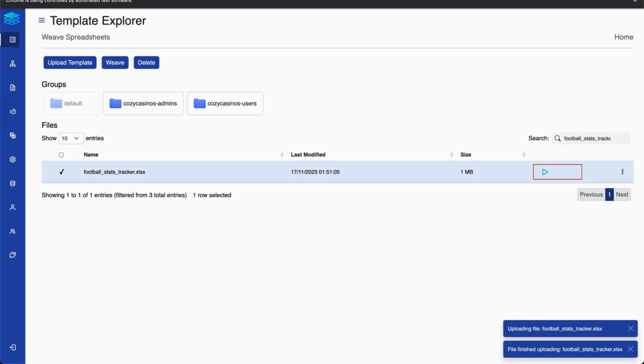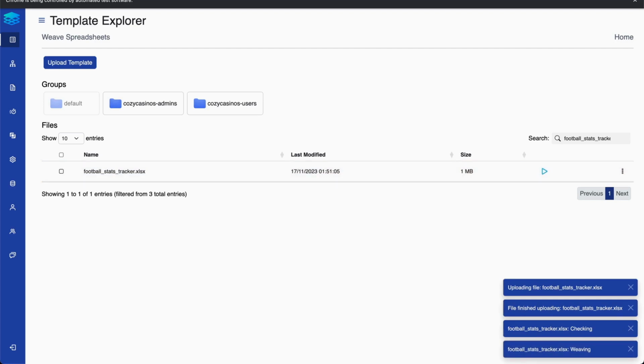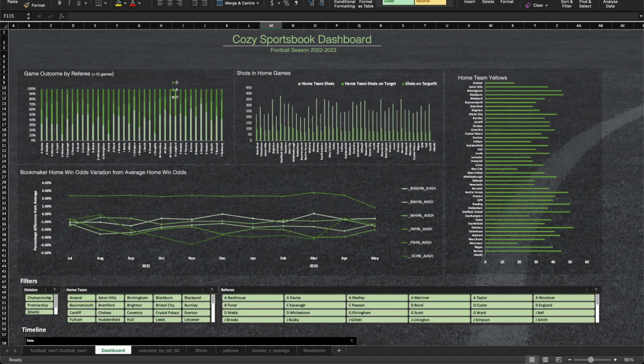Sheetloom gets the latest data from the CSV and copies it into a new sheet based on the template. The spreadsheet has been automatically populated and updated with the football data provided from the CSV. You can now enjoy Excel's full functionality driven by Sheetloom to get the edge on your decision making.